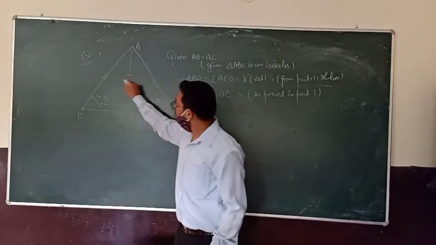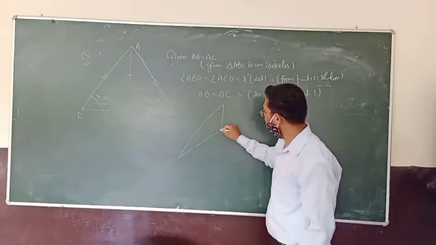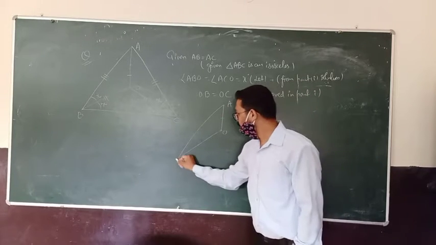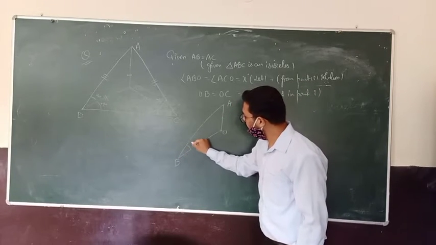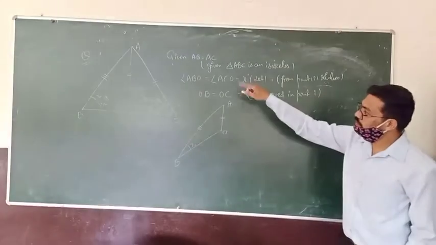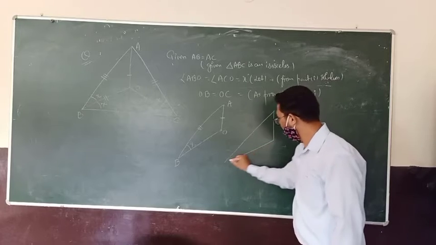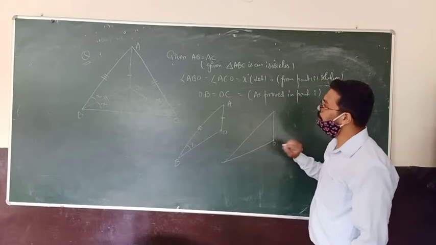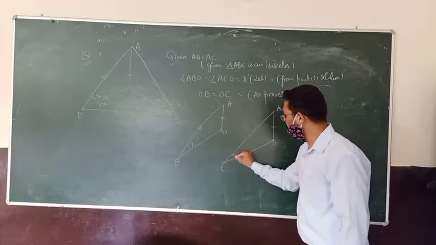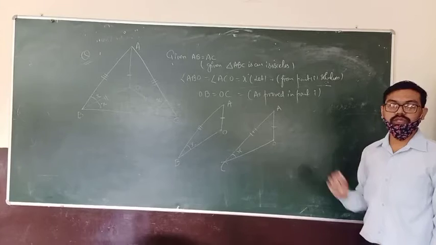Now if you consider these two triangles, first I draw these two triangles separately. This point is O, this point is A, this point is B, this angle is x, this side and this side. Now I draw OAC in the same manner. So this point is O, this point is A, this point is C. Any doubt? Any doubt in this?